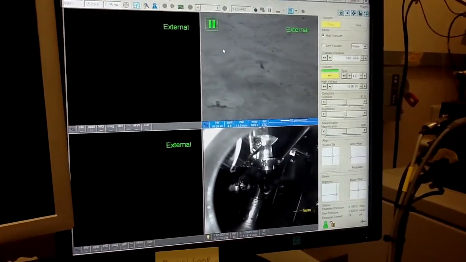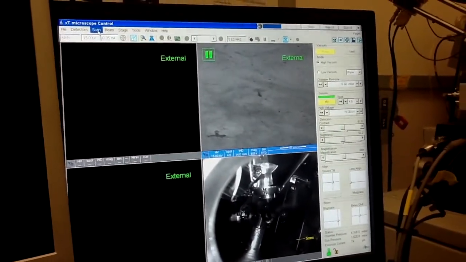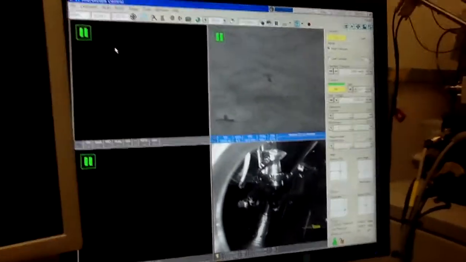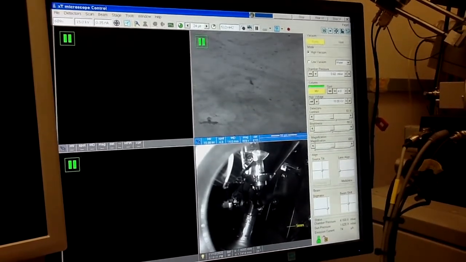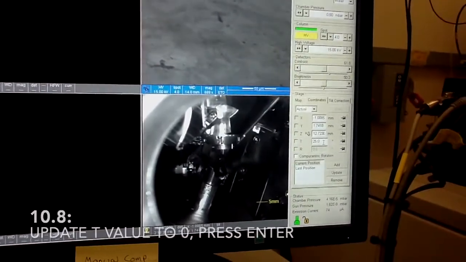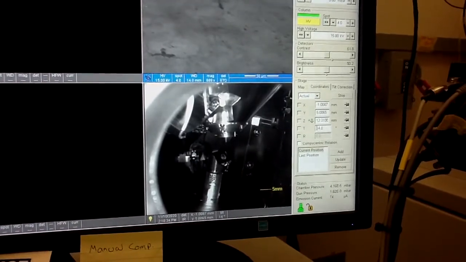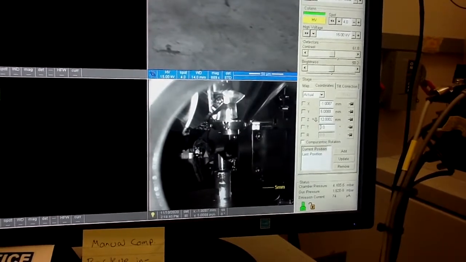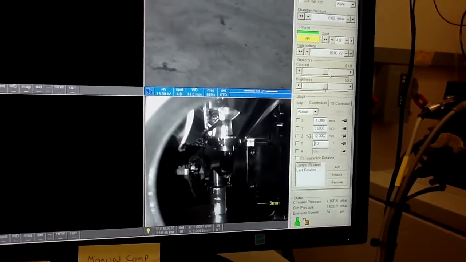Now that we are done analyzing our sample, we have closed the window on the EBSD computer. We can go to scan, hit full frame, which will get us out of the external scanning mode, and we can bring back our sample to 0 degrees. So I will go to the positioning tab. In tilt, I will just make it 0. This step has to be done only after the detector has been retracted, so that we are 100% sure that the sample during changing the tilt is not going to hit the detector.